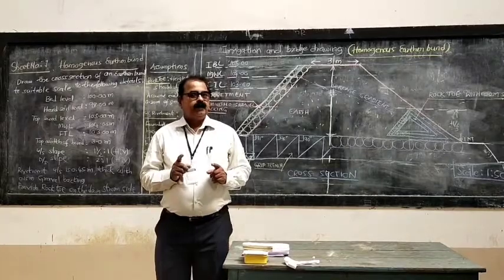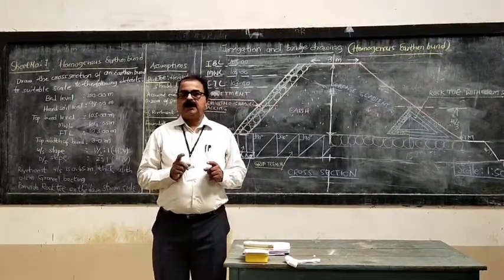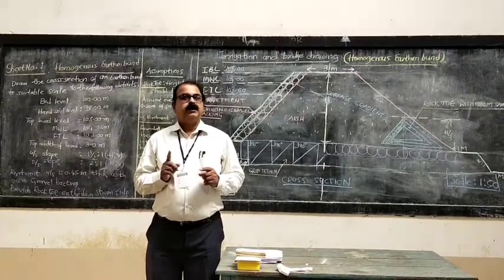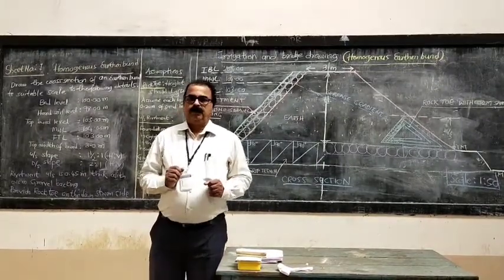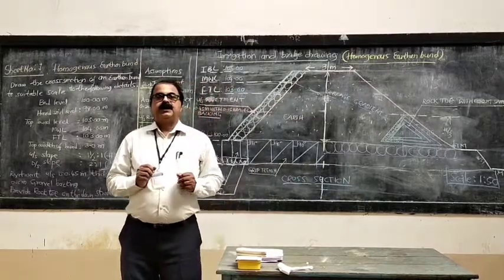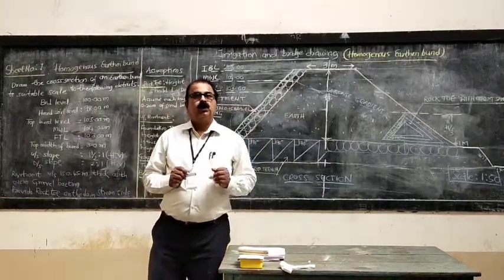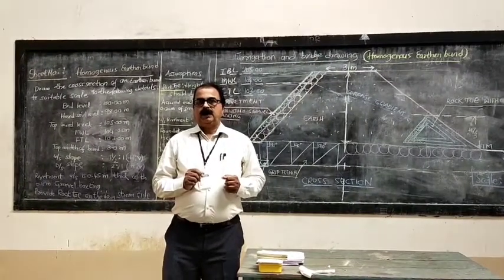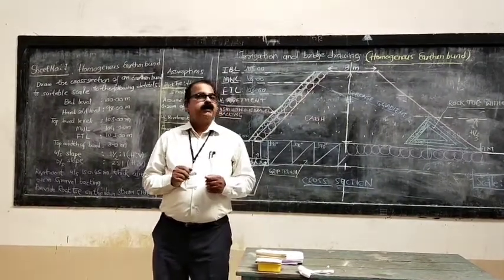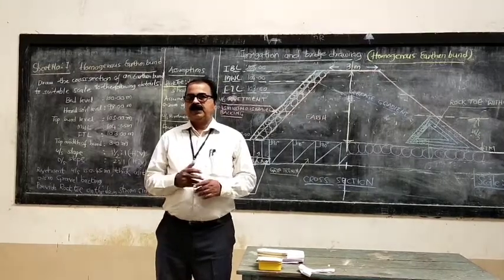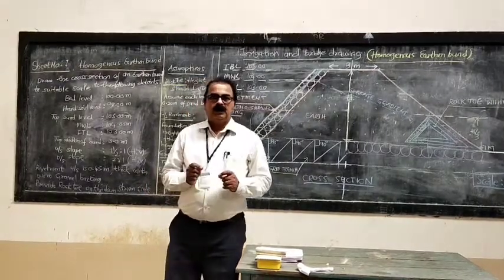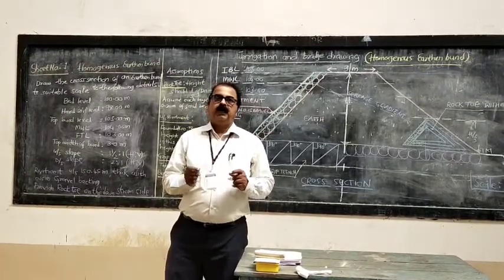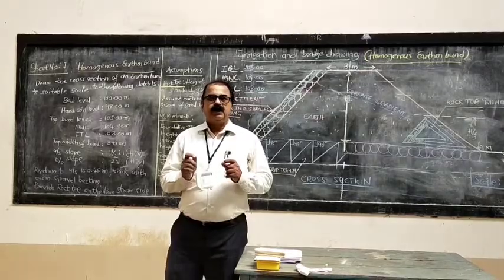It must contain bed level, hard rock level, top bund level, maximum water level, and full tank level. And other most important parts are grip trenches, rock toe and foundation for the revetment. It also contains upstream side pitching and downstream side pitching. Today we go with a typical problem. I will explain the problem and then I will explain how to draw it.